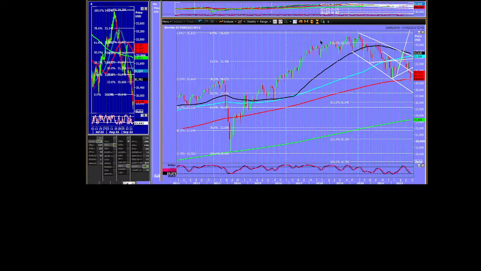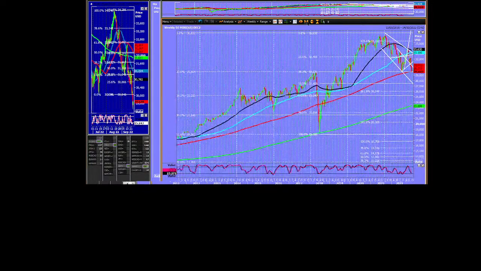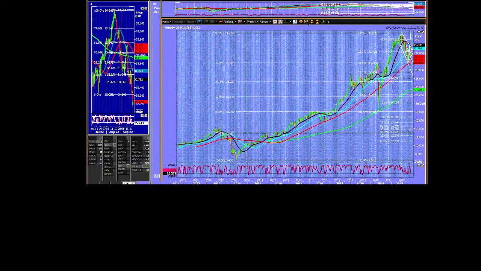we could be going to the 500-week moving average at 23,000. Where is that as far as my little fibs are concerned? I always have to check my fibs. That's not even a 50% correction. It's nowhere near the COVID crash low. It's about halfway down to the COVID crash low. So that's perfectly reasonable.